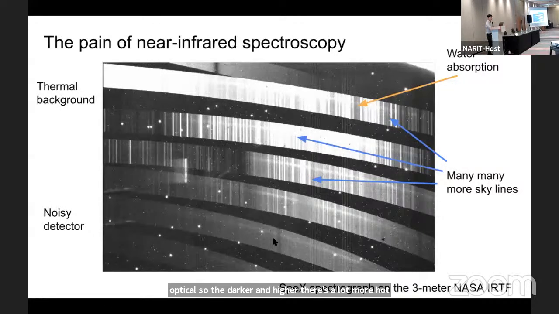And then the last thing, which is particular to this specific spectrograph, are all these point sources that show up. The first time I used this spectrograph, I was really confused because I didn't think that it had an imaging mode. And I was like, what are all these different stars? So I asked the telescope operator, and they said, oh, no, those are not stars. What those are is that